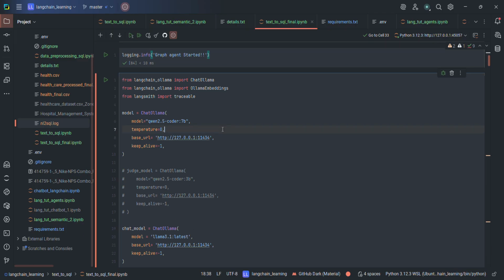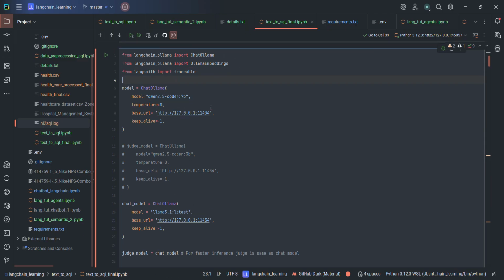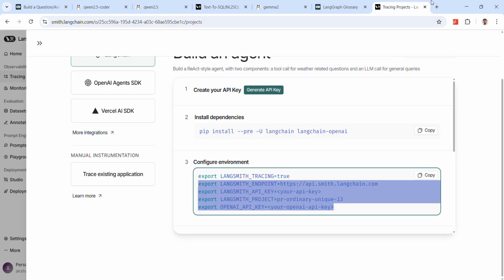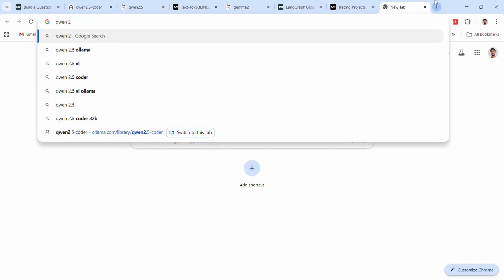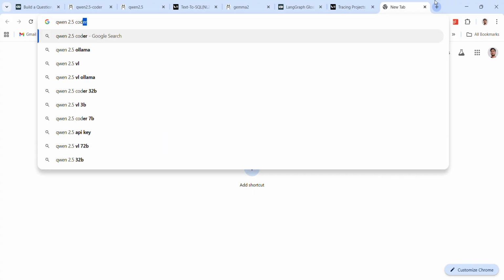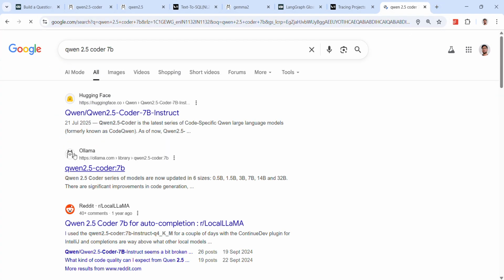Okay, so we start the graph agent. First things first, we have to load our models. In this case we will be choosing Qwen 2.5 Coder 7B. Why will we be choosing Qwen 2.5? Because of its higher performance on tasks. As we can